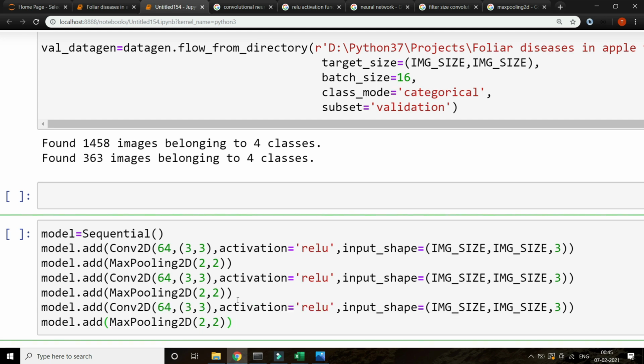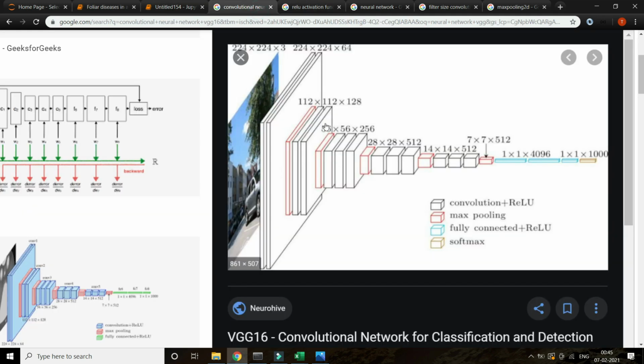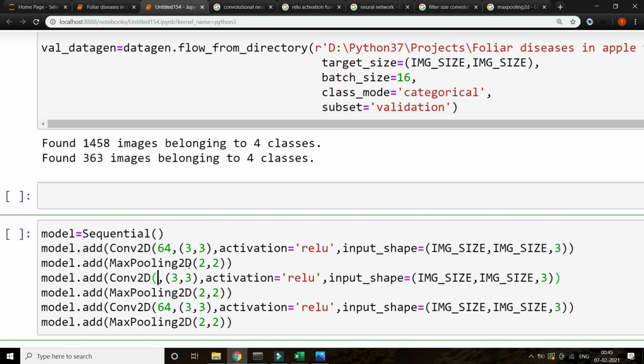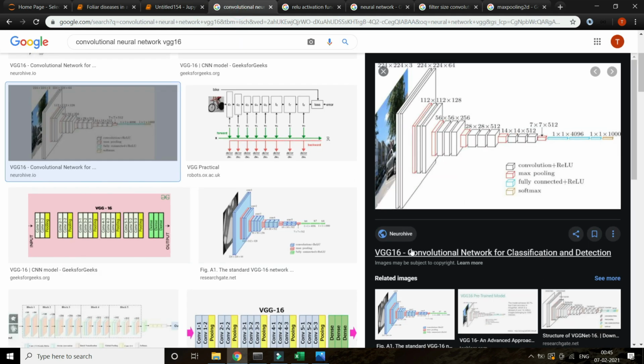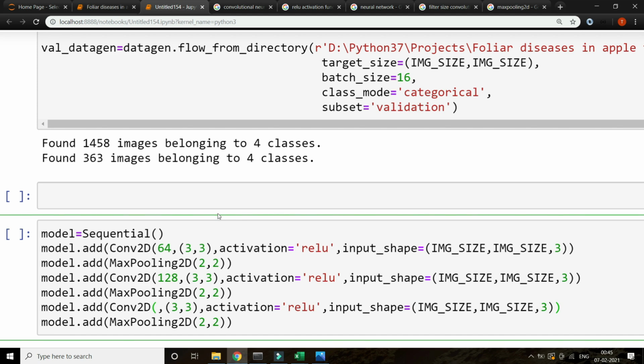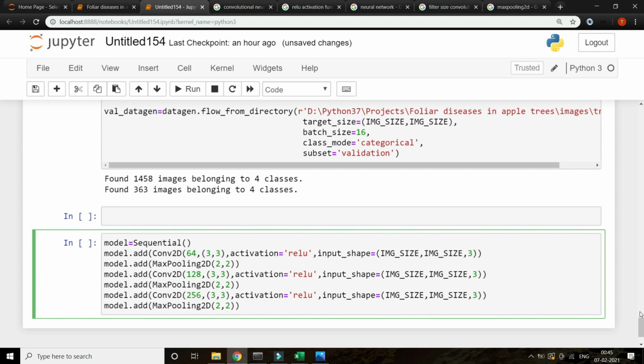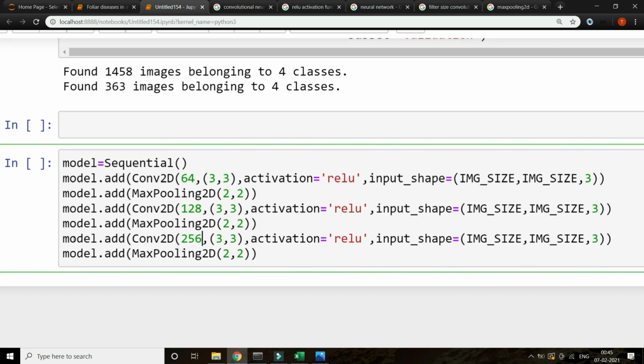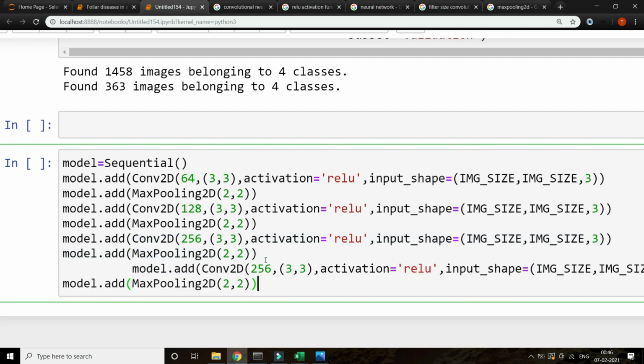Again 64, you can increase this, like here also, 128, 256, 512. Let's increase this now, 128, just like the VGG 16 model, this is VGG 16, you can read about it. 128, 256, I'm just increasing, it's experiment and run. It's not like you ask me how did you know it was best, no, I just did experiments, that's all. Again one more model.add